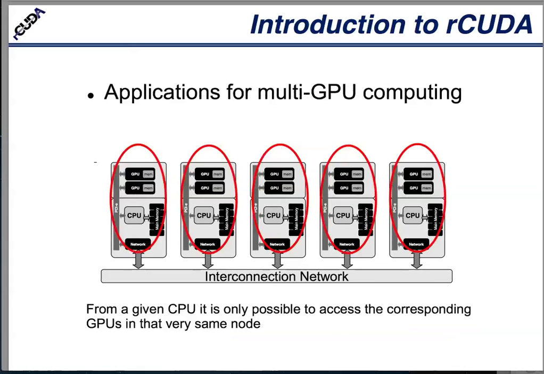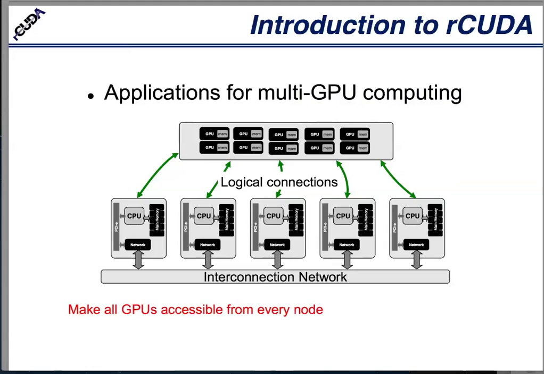In the second scenario, when we have applications for multi-GPU computing, in a typical GPU computing cluster, the application running in this node can only access the GPUs in this node. That is, in this case, each application will be limited to 2 GPUs for the use of the application. Instead of this,